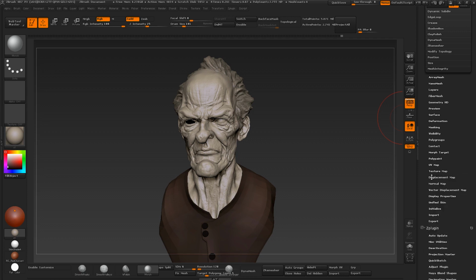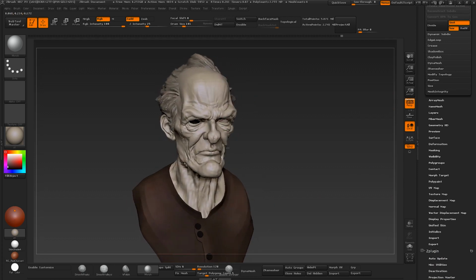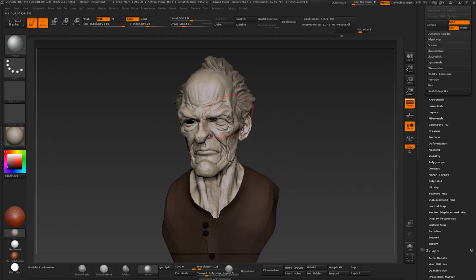However, this is not a good solution because this does not support multiple UDIMs. Remember how we set up the UV map to be, the head to be over 1001 and 1002? If we go the traditional way, it's not going to fly. So just forget this exists. We never want to touch this here, pretty much ever. There might be one or two cases where you want to go here, but in nearly every single case, you